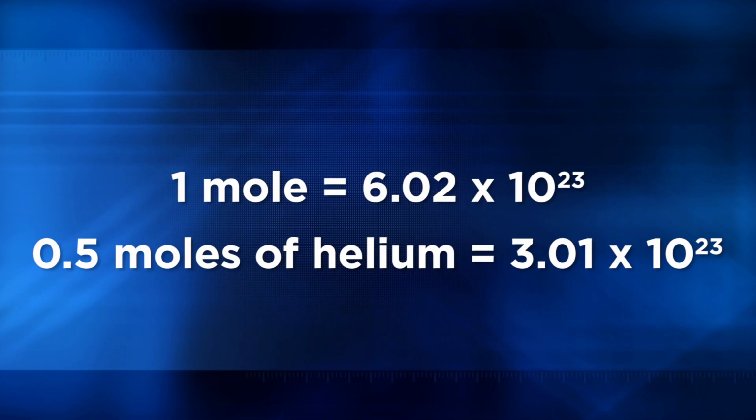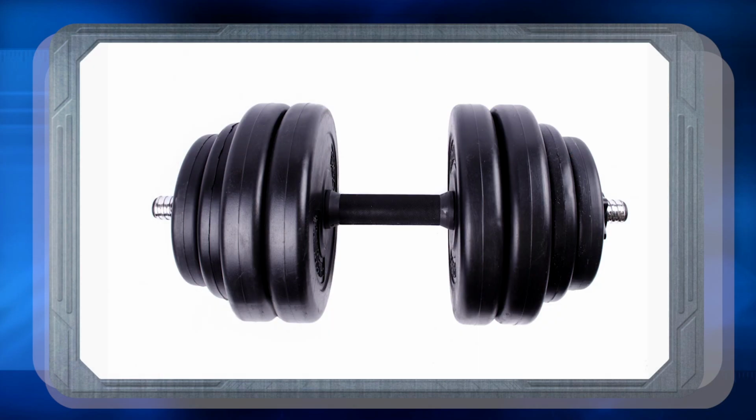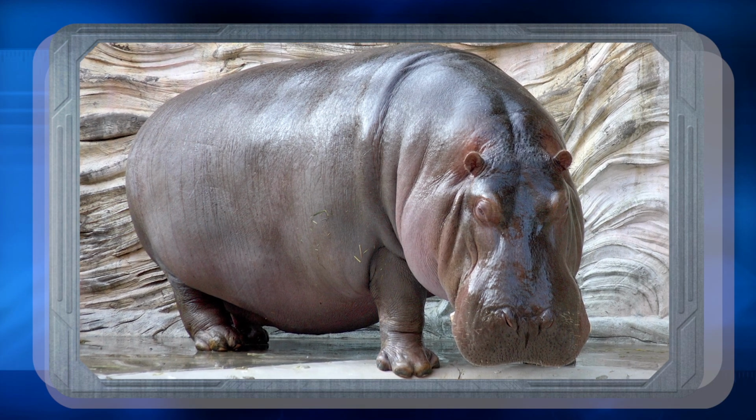So again, the question you might be asking yourself is, why is this important? Well, when dealing with masses of macroscopic substances, objects we can easily see, we typically use units such as grams or kilograms. These units work just fine if we're massing out rocks or dumbbells or just about anything else we can easily weigh. However, if what we're concerned with massing is a hydrogen atom, these units become more cumbersome.